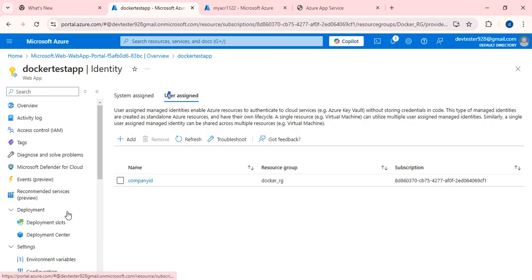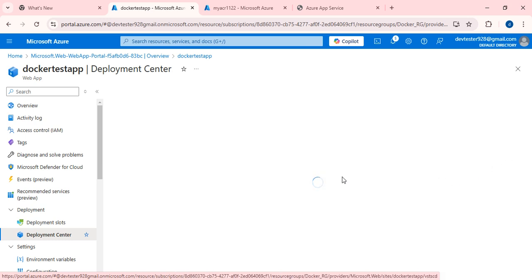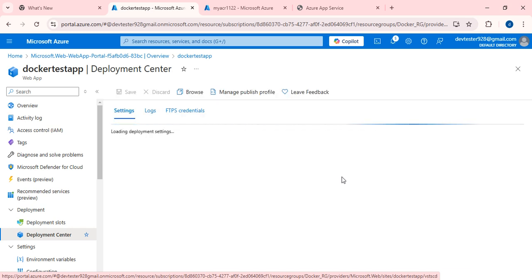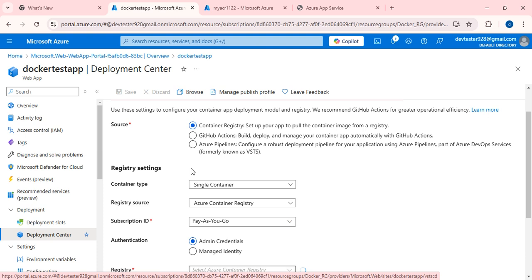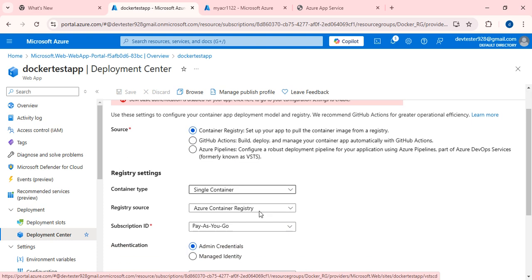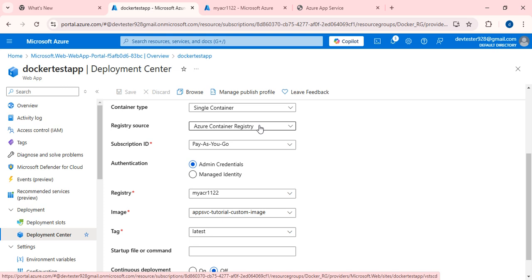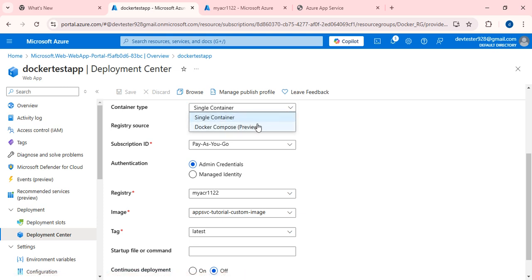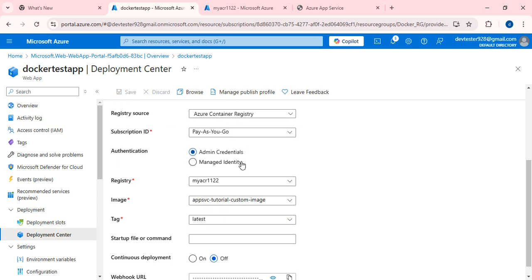Fine. Deployment center. In deployment center, I need to do some configuration regarding the continuous deployment. Here I'm going to use the container registry. Okay, fine, single container. Right now I have only a single container. If you have multiple containers, you can click Docker Compose here. But right now in my scenario, it contains only a single container, and the registry name is Azure Container Registry, and